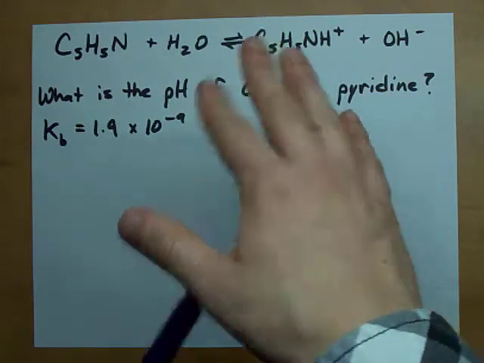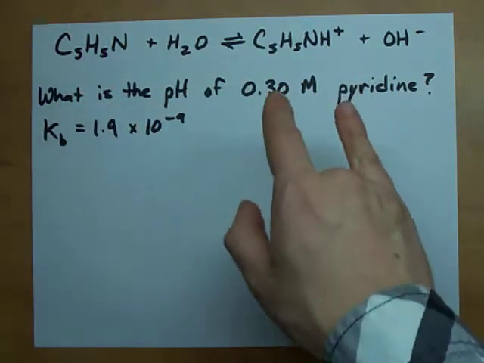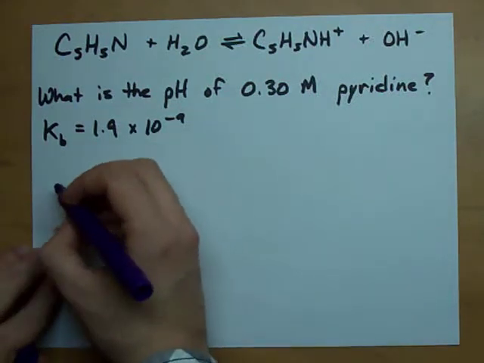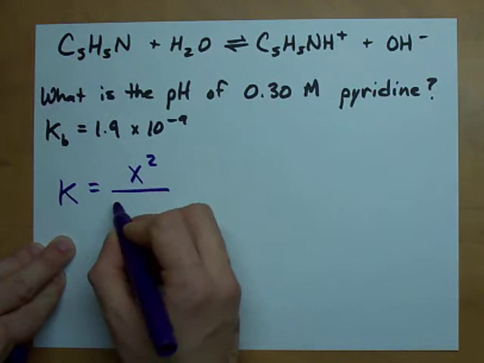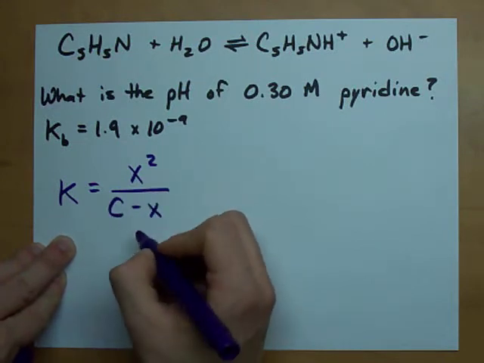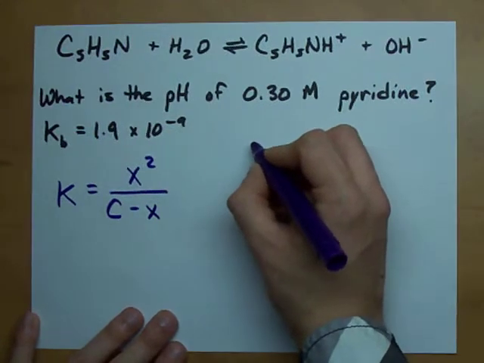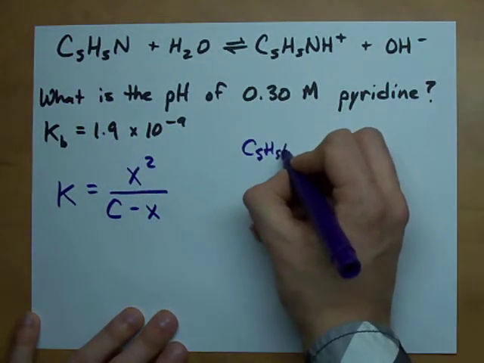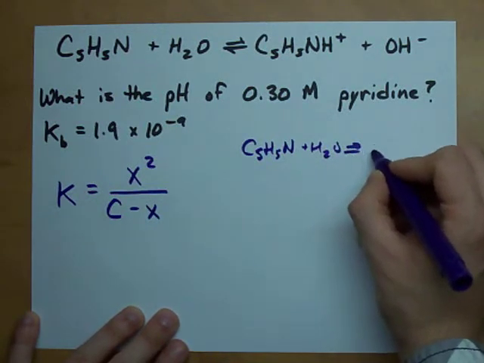Now, there's a shortcut for this kind of question. When you're only putting in the reactant, pyridine, K equals x squared over the initial concentration minus x. If we did an ice table with our C5H5N and our water and our